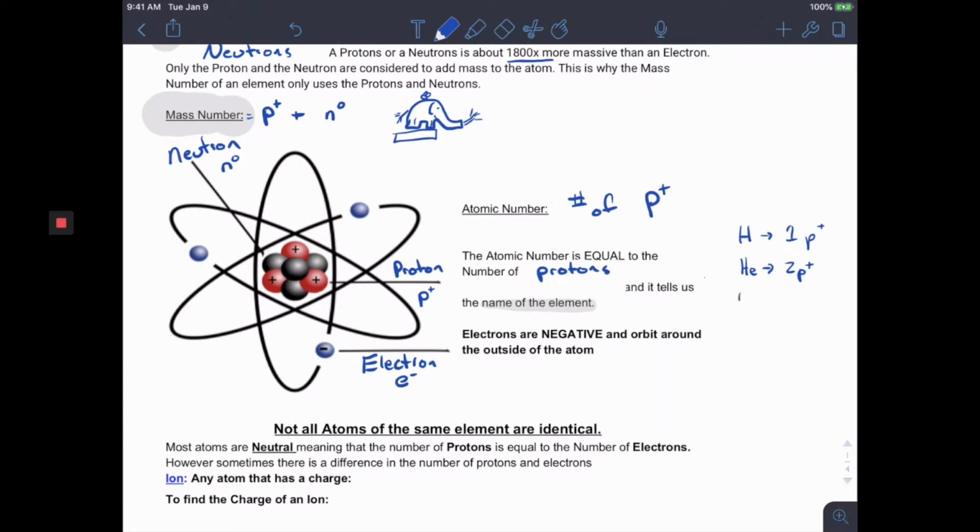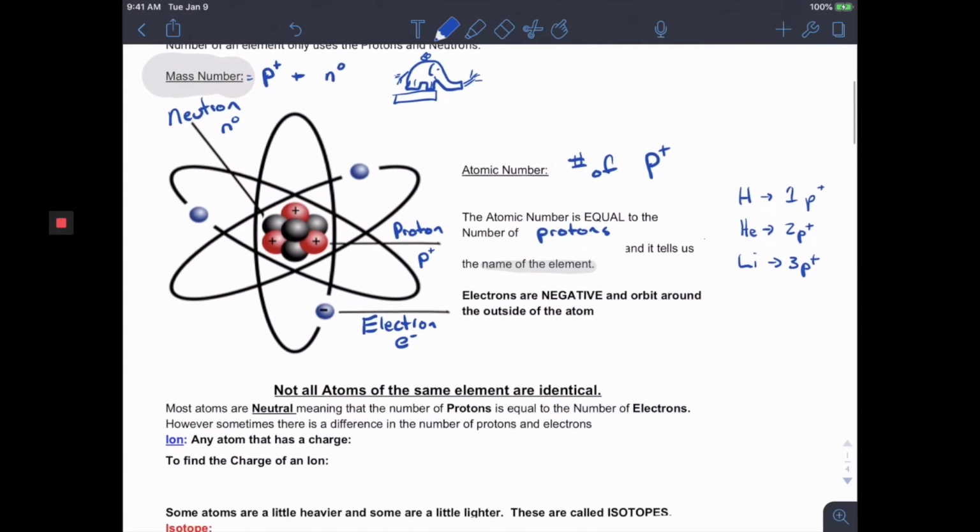I think the next one is lithium. Lithium has 3 protons. And that's just how it goes. So by changing the number of protons, you change which element it is. Okay. Then we get to the last one we just want to talk about here. It's called the electron, and they are negative and they orbit around the outside of the atom,